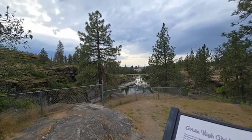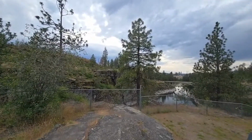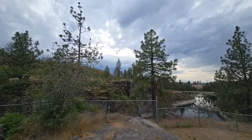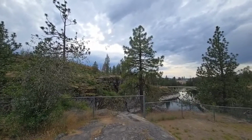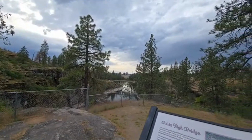Yeah, the clouds are kind of rolling in overhead here, Kelly. I think we're supposed to get rain tomorrow. It's supposed to be quite a bit cooler tomorrow, like high 50s, 60s or something. But anyways,